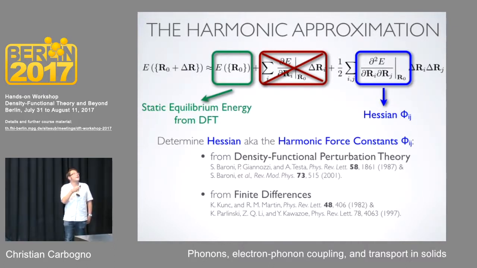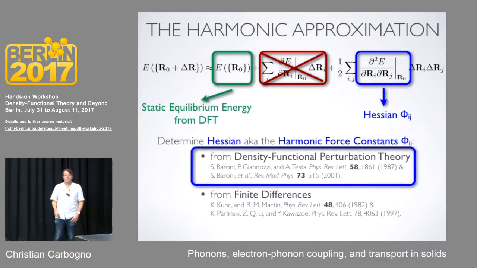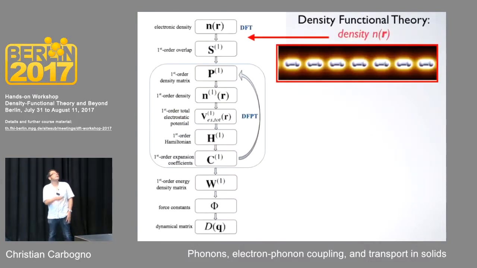One way is to use density functional perturbation theory. So you really look at the perturbation of your wave function, you calculate that, or you use finite difference. Just let me give a short overview of what the different methods do and what the difference is. If you do density functional perturbation theory, you really start from your usual density functional calculation. This gives you the density, and then you start to introduce a perturbation. Roughly speaking, you just move an atom and look at what happens with the density.